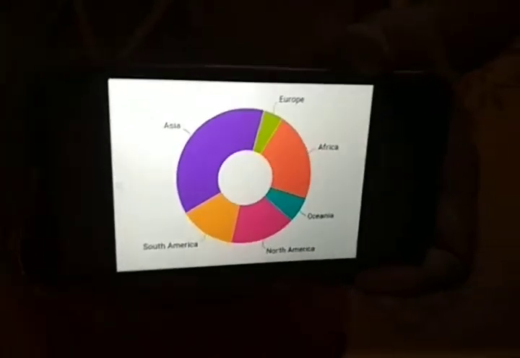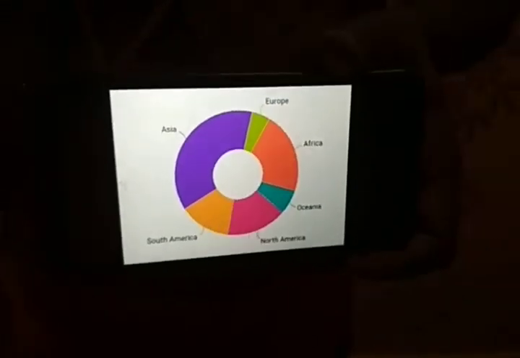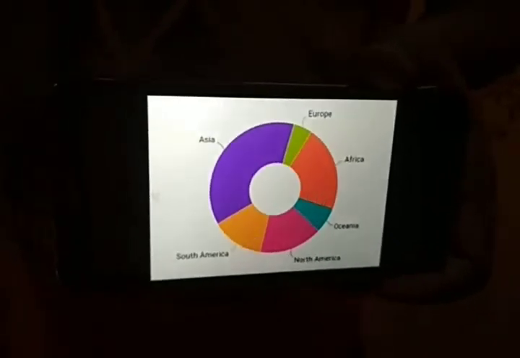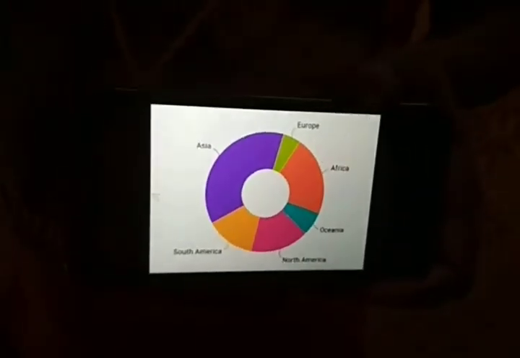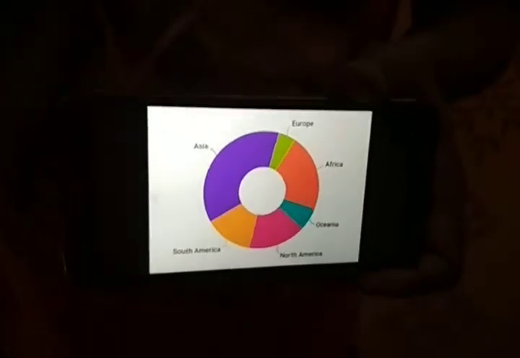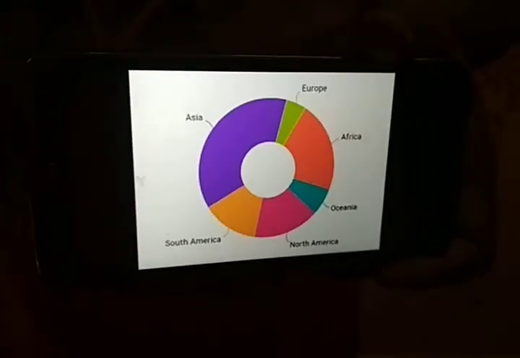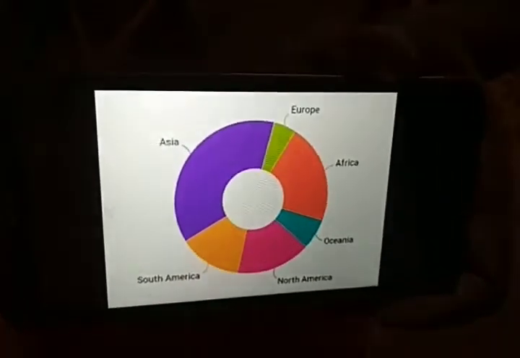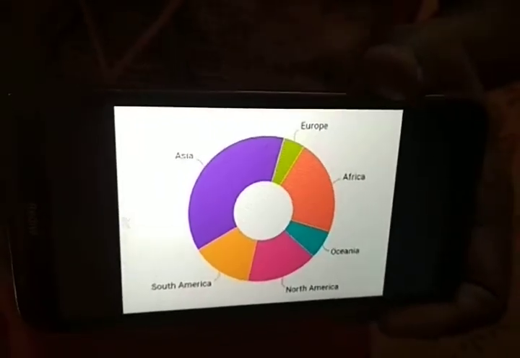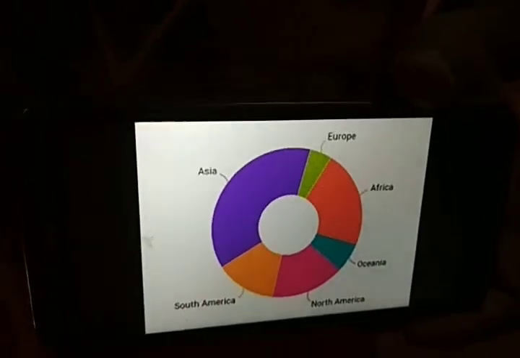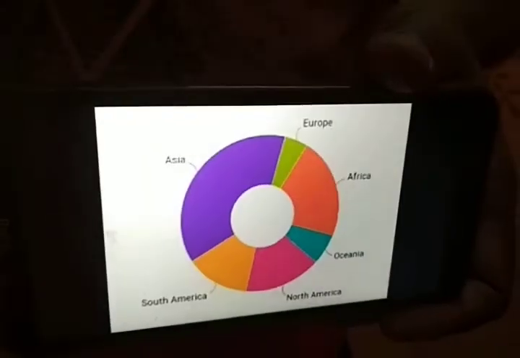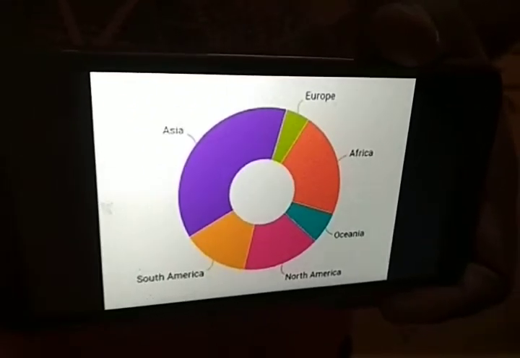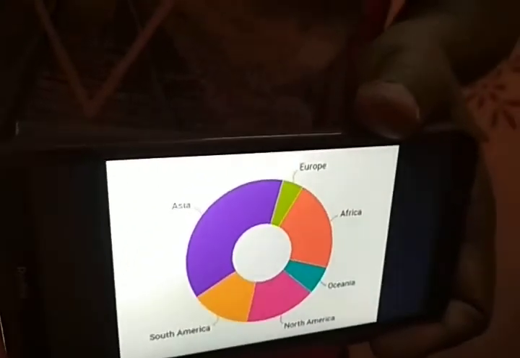So here in the picture we only show one data series. If there are more than one data series, each data series adds a ring in the definite chart. So it is in the form of concentric circles. In this diagram, there is only one ring. If more than one data series, there will be more than one ring in the form of concentric circles. So by it, we can compare different data series in the definite chart.